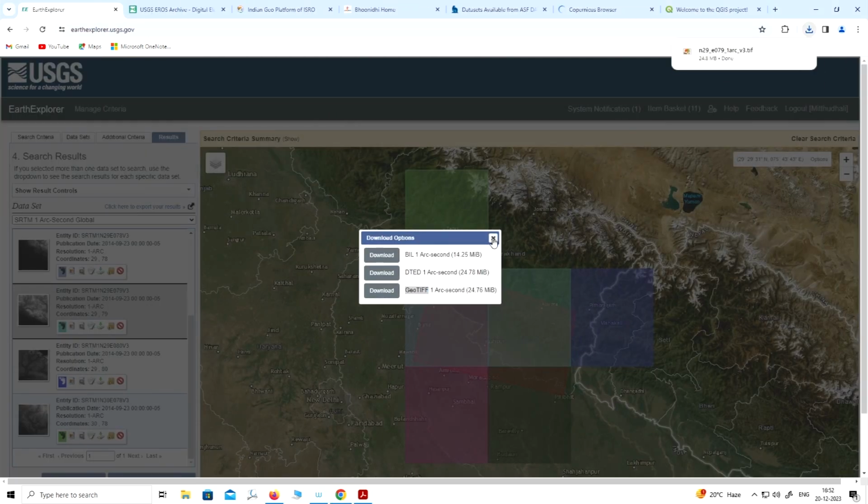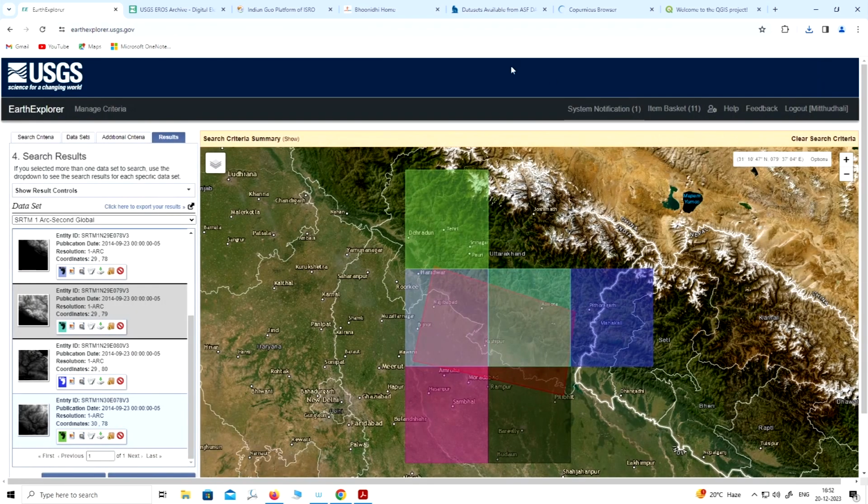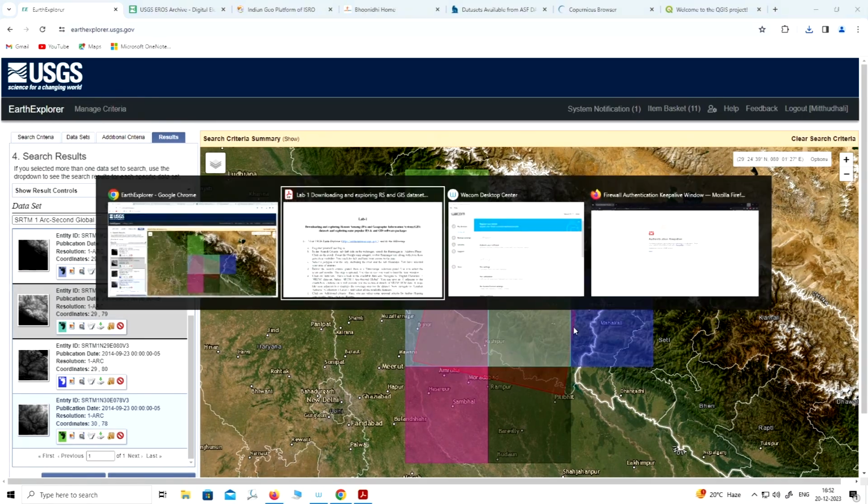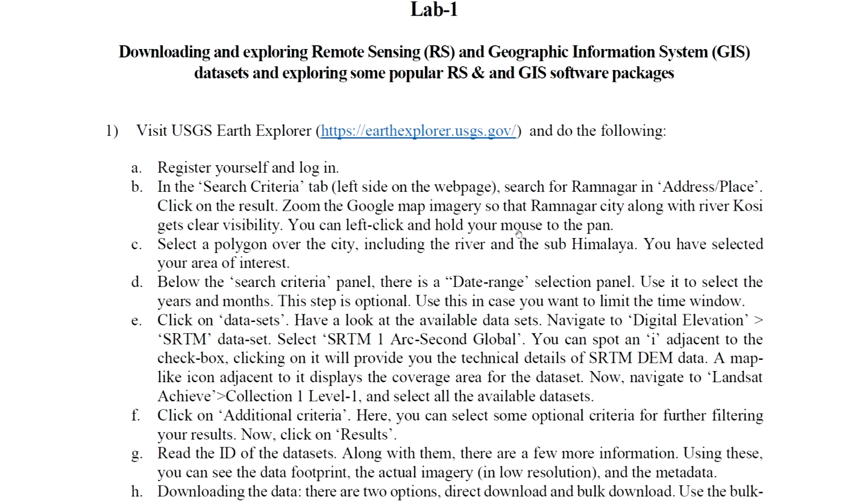So likewise you can download your SRTM data. All the steps are written over here in this PDF,